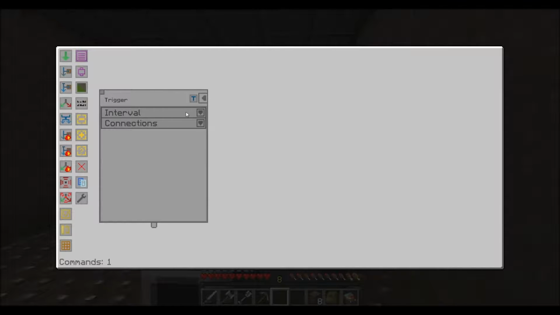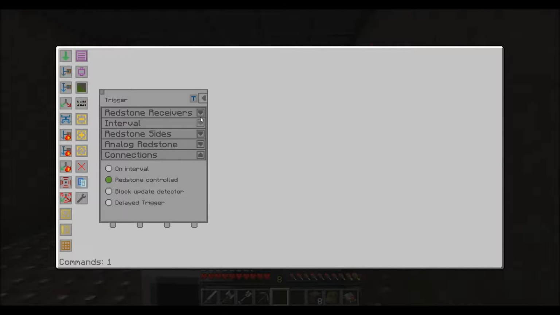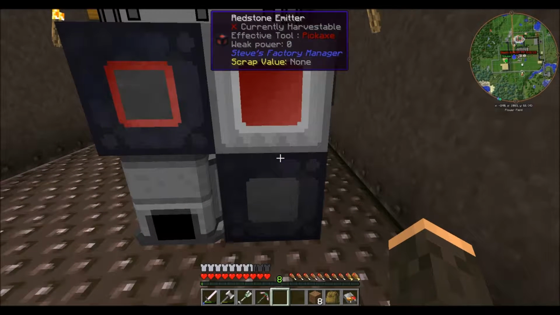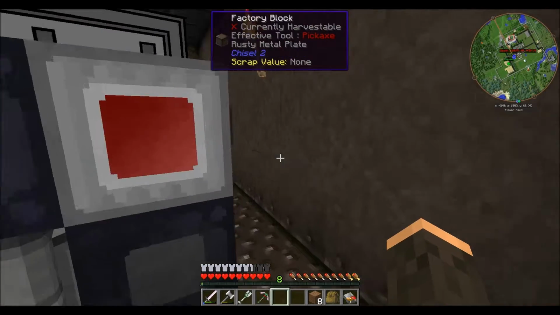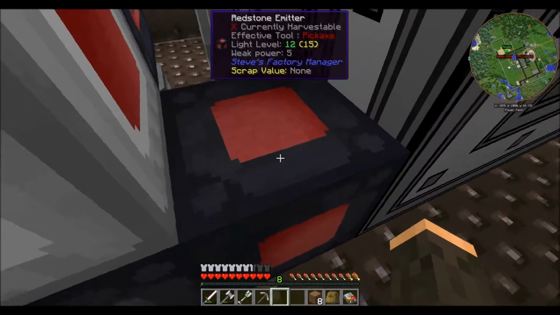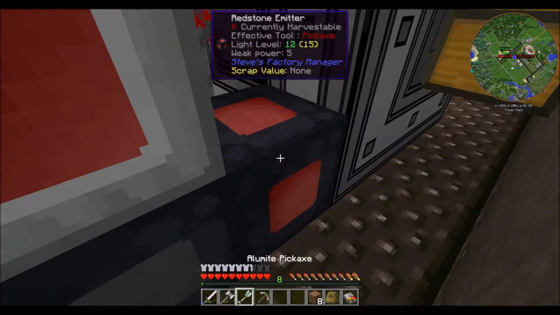Okay, so let's do our turn off one first, because that's the most important one. So we'll do a new trigger, and we'll set the connection for redstone control, and we'll set it for, it's still only seeing one redstone receiver. Why are you only seeing one receiver? You're not seeing this receiver now, huh? Why aren't you seeing this receiver? Well, this receiver can go,